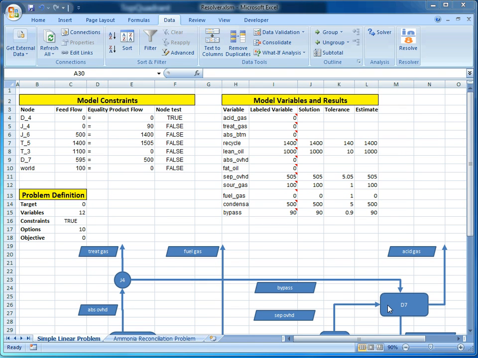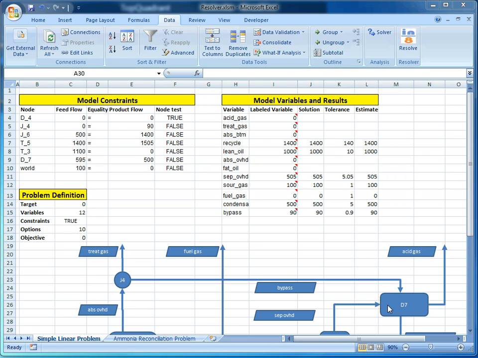I would like to introduce Resolver, the Excel add-in for production data reconciliation based upon the existing Solver add-in. In the same way as Solver, Resolver uses Excel cell formulas to express the production data reconciliation problem. Therefore, it's ideal for integration within existing spreadsheets which are setting up production reports or reconciliation problems for refineries, petrochemicals,